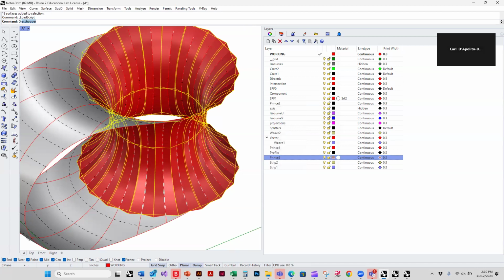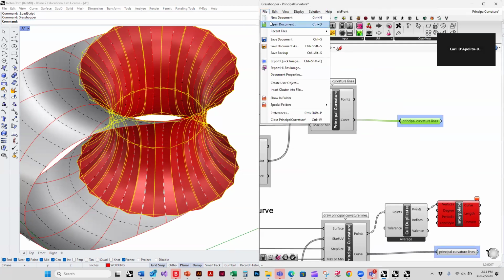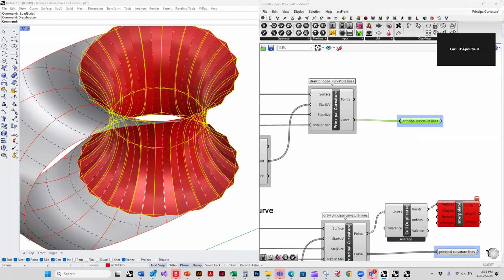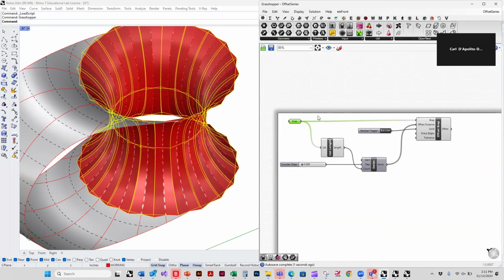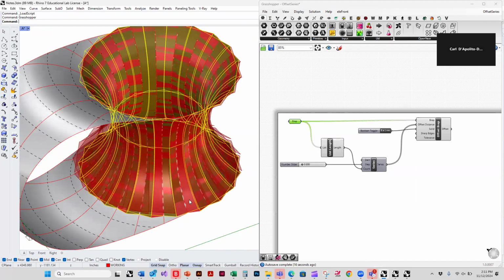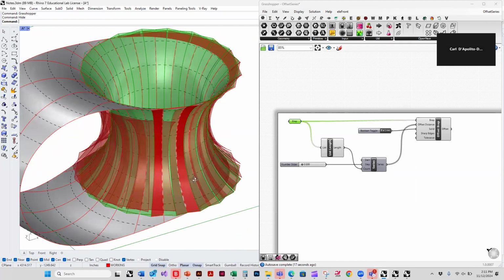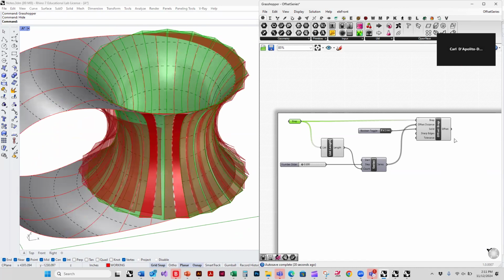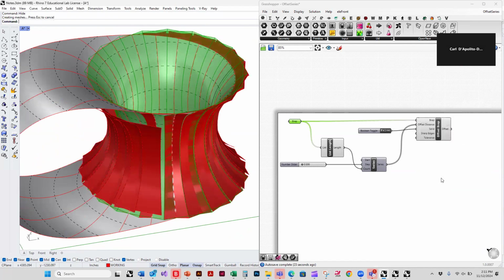But if I put those in Grasshopper, I made this little thing called offset series. It's very short, takes a poly list, calculates the length, figures out how much to offset, and offsets them all in a row by increasing amounts. So if I put all these in, if they are in an order, and then I bake this,